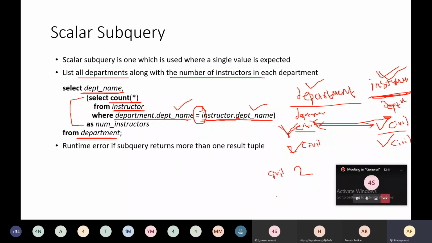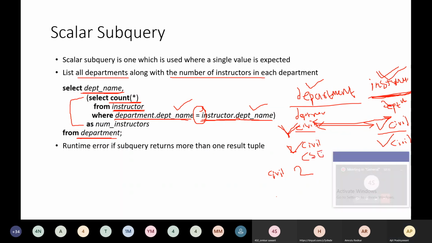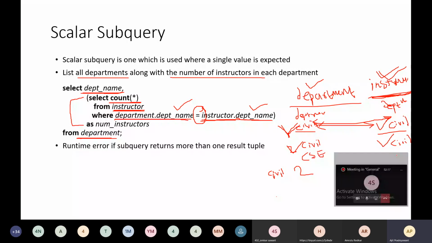Similarly, for the CSE department, suppose one CSE department is present, and there is an instructor who belongs to CSE, and another instructor again belongs to CSE. So this comparison operator will check whether CSE department tuples are present or not. Yes, it is present, and then it will count.